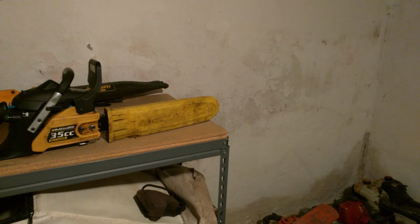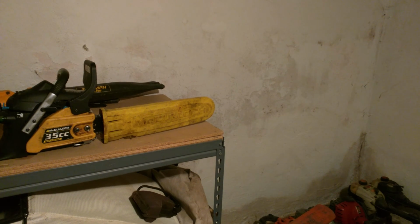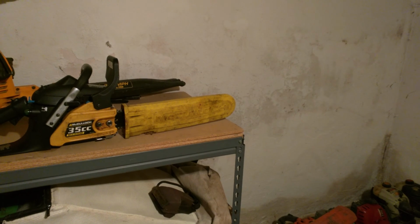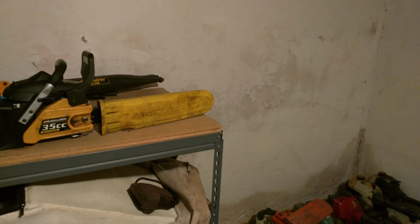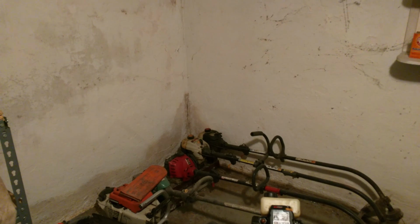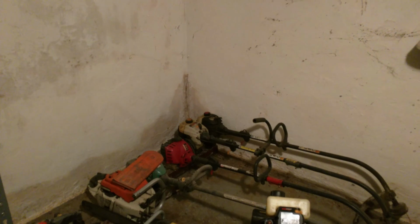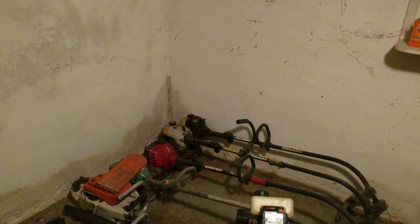a Tecumseh 10 horsepower, and that's a high and low range, so it's got 6 forwards and 2 reverses because it's got 3 speeds in each range. And the other 2 8 horsepower ones are 3 forwards and 1 reverse. And the hydrostat's just one range. Got a 42-inch snowplow for that. I got 2 42-inch mower decks. One is an 8 horsepower B80 Wheel Horse. You gotta realize all these were made in like 1975, and that has an 8 horsepower Kohler. That is